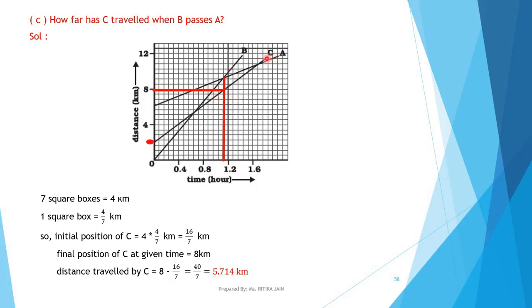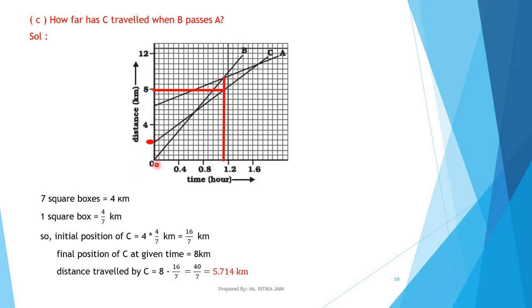So, look for the starting point of object C. This is the starting point of object C, because at this point, the straight line is starting. Okay. So, this will be the initial point of object C. Now, we have to calculate the numeric value of this point. How can we do so?